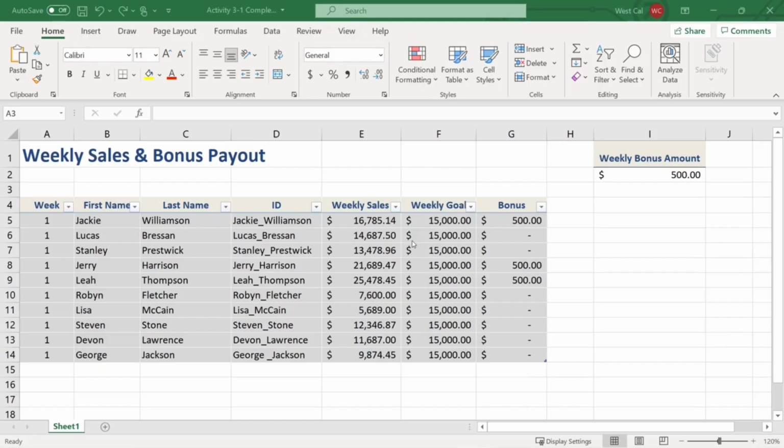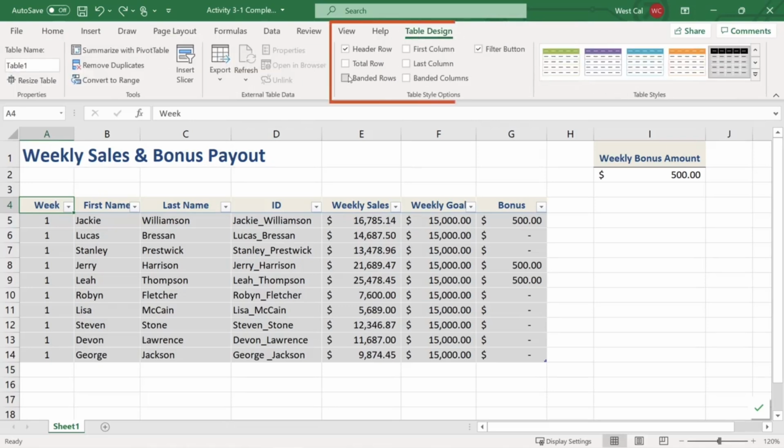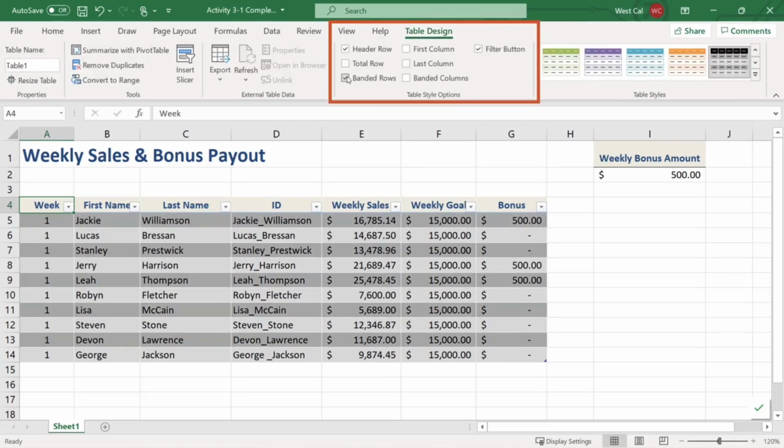rows. If you want to toggle banded rows, first select the table that you would like to work with and then click the Banded Rows checkbox in the Table Style Options group. Banded rows are enabled by default to make the data easier to read, but you can always choose to disable